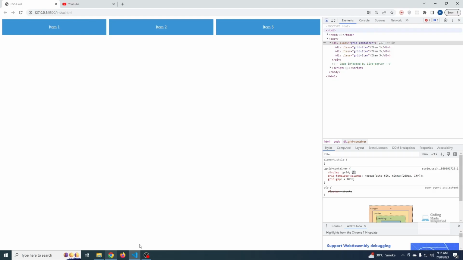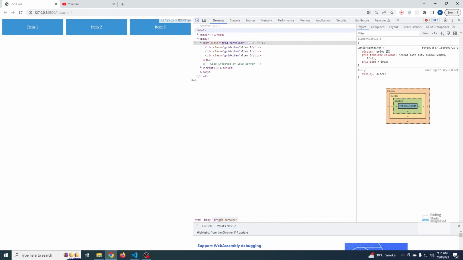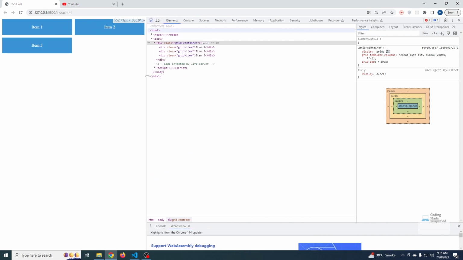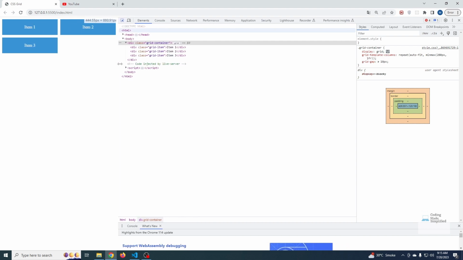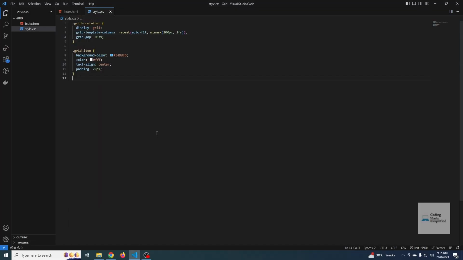using minmax. And now what it will do, when our web page shrinks, is try to wrap and create a new implicit row, and move that extra column to that row. So you can see that it will create a responsive layout. On the other hand, if we use auto-fill here,